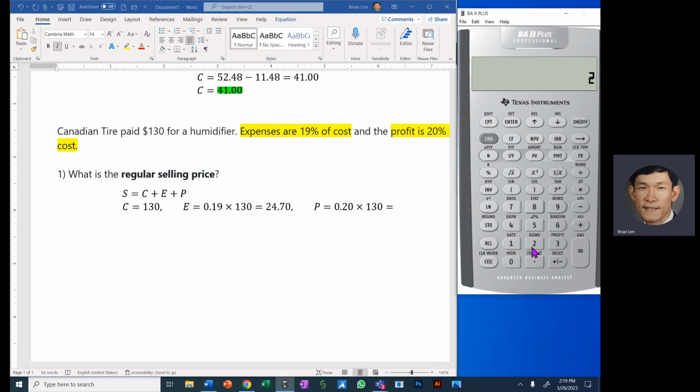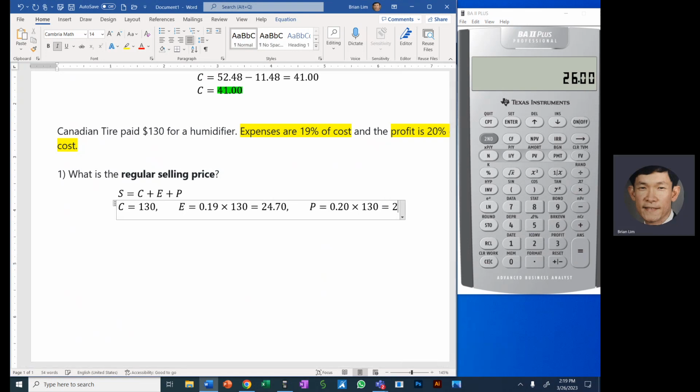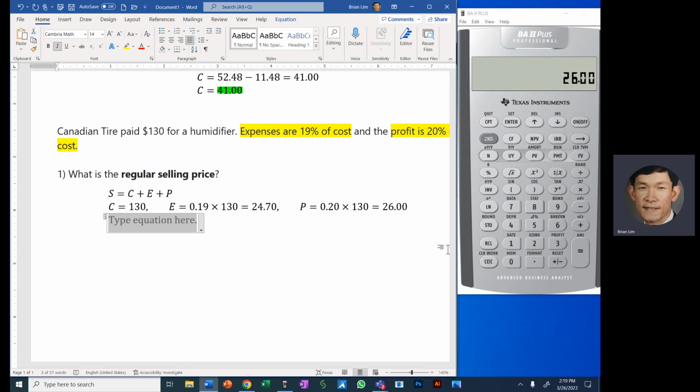If you go 20%, so we can go 20, click on percent, it converts it to a decimal. We multiply by 130, and we get the answer $26. So 26.00. All right, so now we can calculate the regular selling price would be equal to cost, which is 130